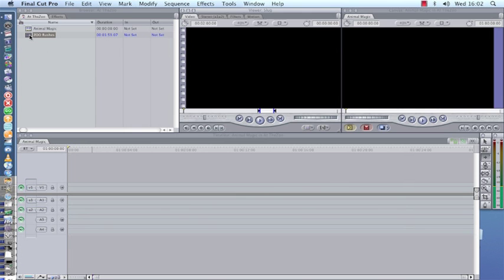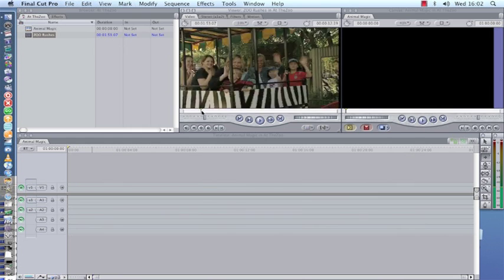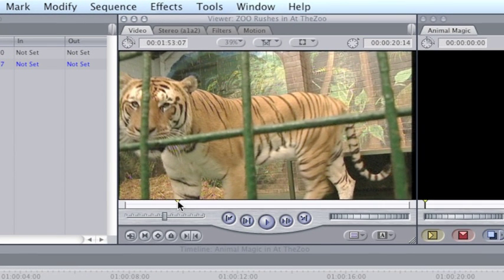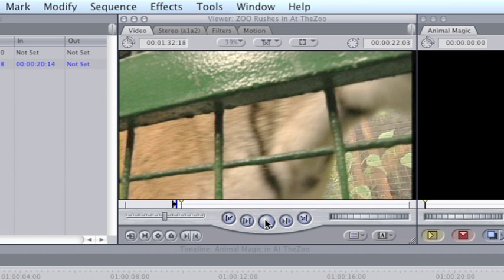So let's open the master clip in the viewer. Now we find the start of the first clip that we want to use and mark an in point. This is the button, cunningly camouflaged in grey. The keyboard shortcut is I. I'll click on the button just this once. An in point symbol appears here in the scrubber bar. If you want to change your mind, simply mark in again somewhere else and the old one is replaced.